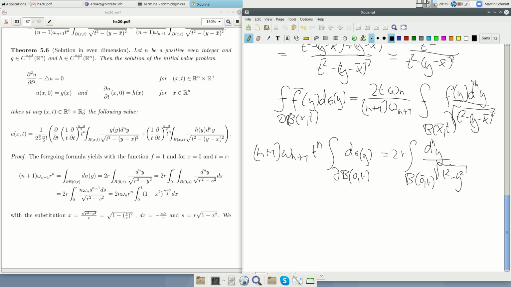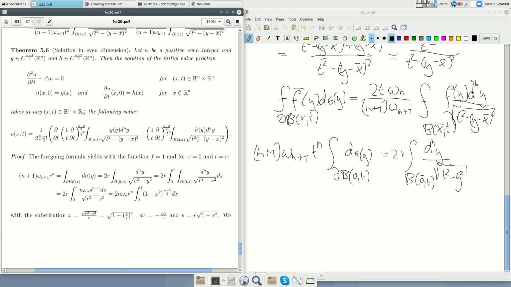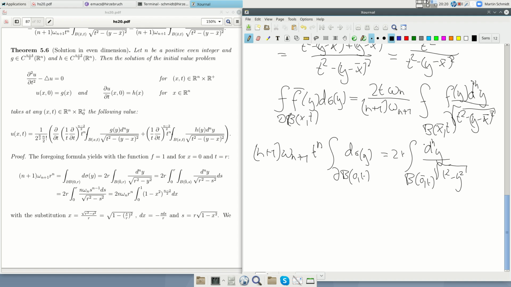This is this formula with this factor, where we choose the ball around 0. Then this simplifies to this term. Okay, and now this, of course, we can write as